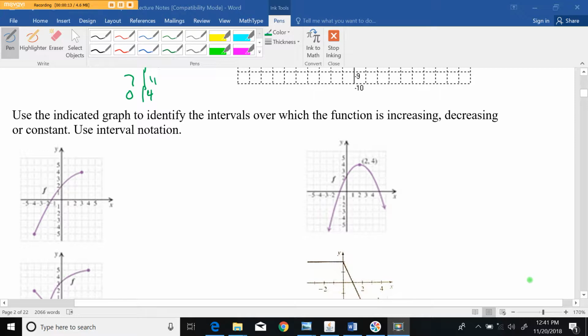So let's see, it says use the indicated graph to identify the intervals over which the function is increasing, decreasing, or constant. So increasing means as you go from left to right, the function's going up. Decreasing means down, constant means level. So when we look at this function, as we go from left to right, the y value is going from -5 to -4 to -3 to eventually 0 to 2 to 1 to 2 to 4. It's increasing the entire time. So this function is increasing